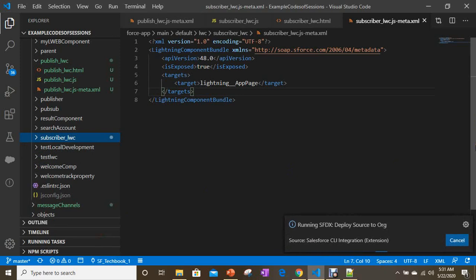So saved. Now let's add these two components into the app page and let's see whether they are able to communicate or not.